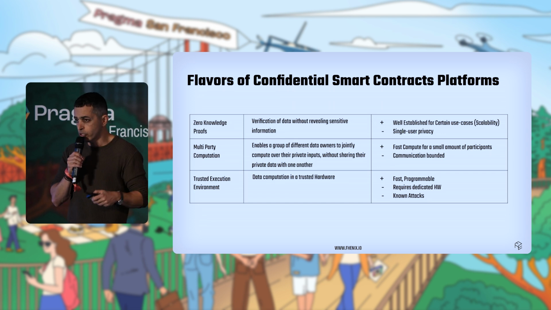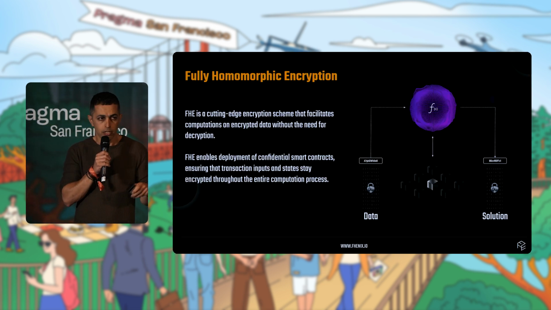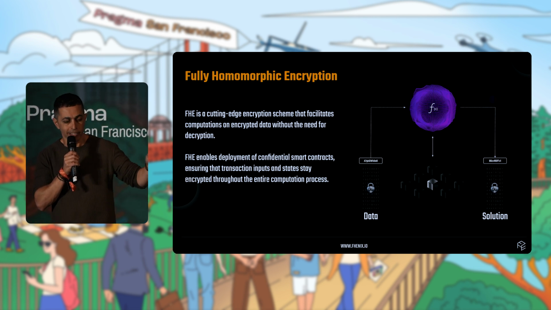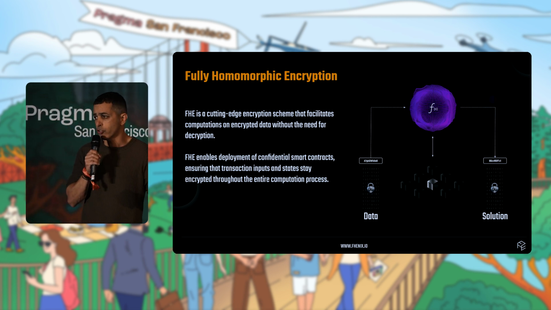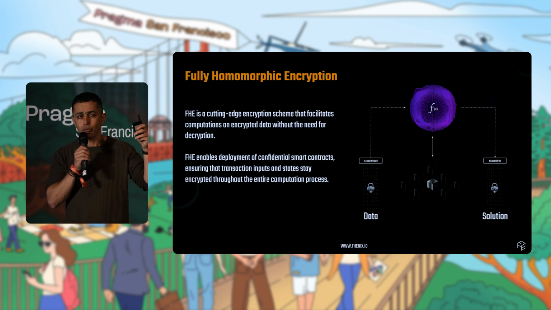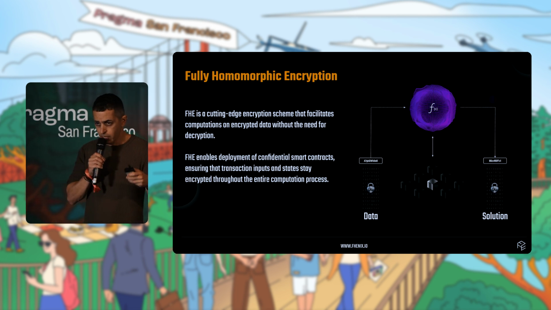So what is the solution? What is the end game? It's FHE, Fully Homomorphic Encryption. Yesterday, I was in Salt Lake City, and I met the guy that invented Fully Homomorphic Encryption, Craig Gentry. First article was done in September 2009, so I think we're almost like a bit over 15 years for that.